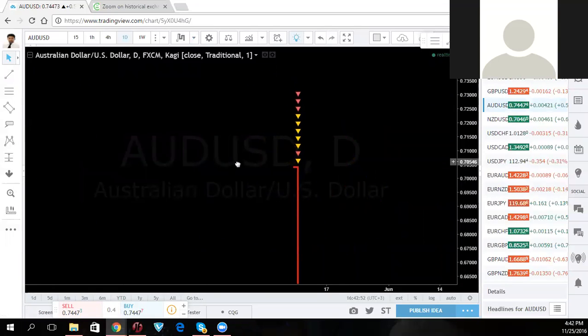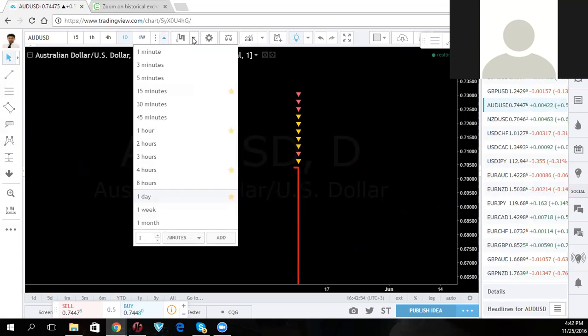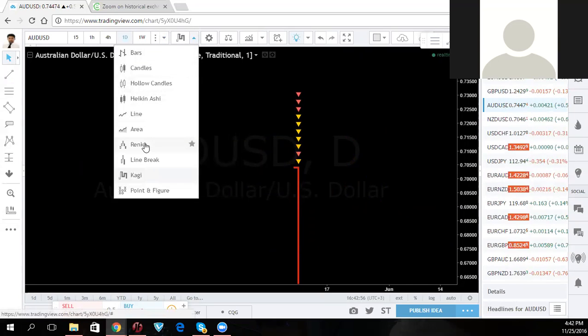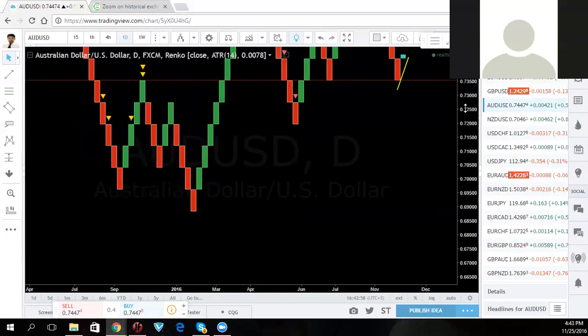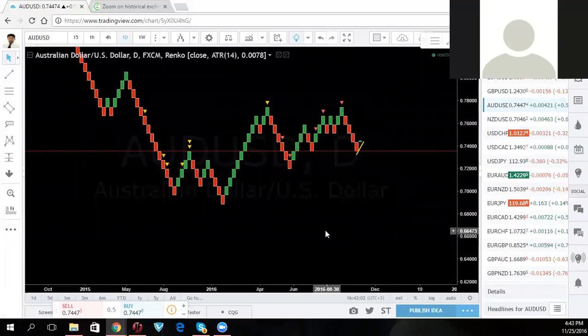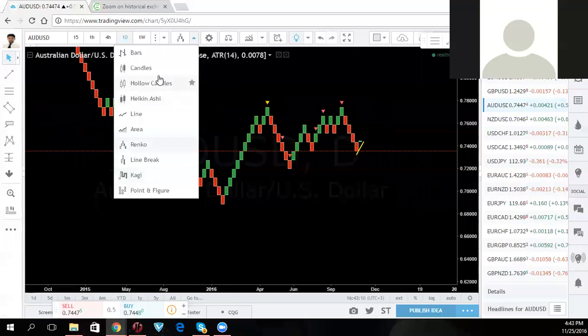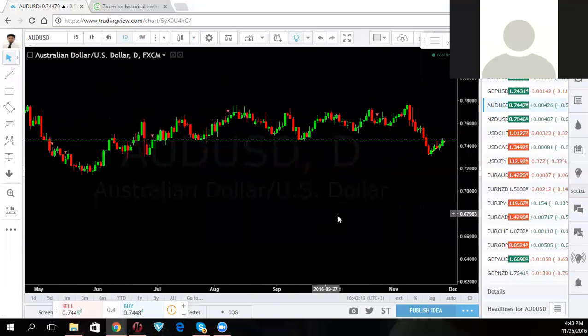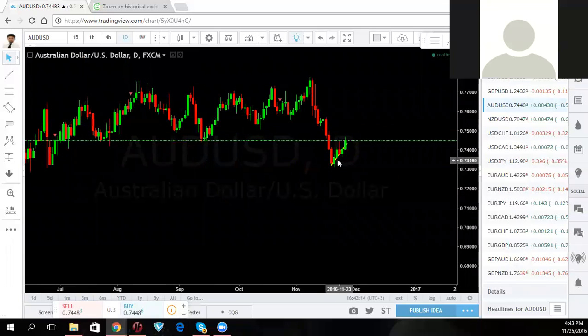Oh, what happened? This is a weekly. You wouldn't get the weekly on this one. You'll have to use a lower time frame to get that one. Let's use Renko bars. See? See that? The structure is there, but you have no pin bar anymore. You can still trade it. It's still the same data you're looking at. You're looking at the same data, my friend. You're not changing anything. You're just using a different design to draw it.